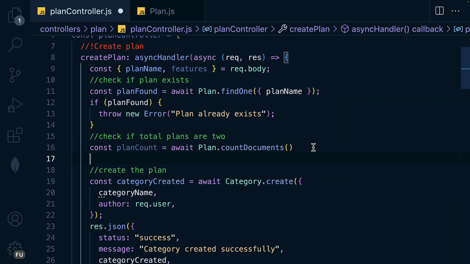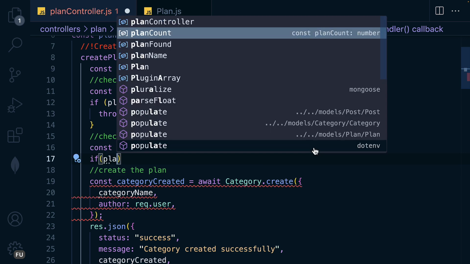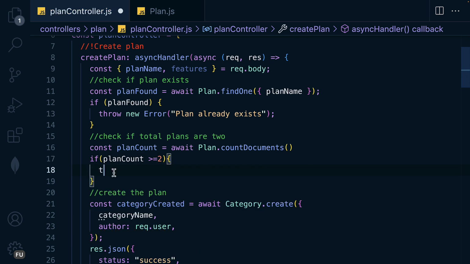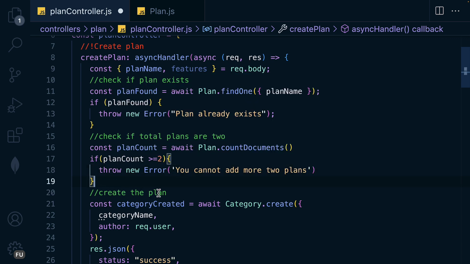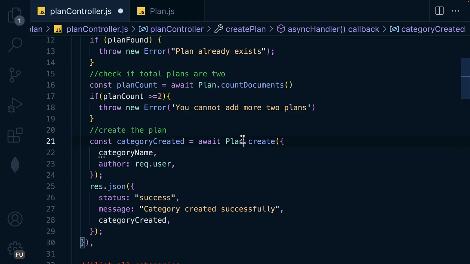So here we will say that if plan count is more than or equal to 2, it means that we will throw new error, else we are going to create the plan. So here as create the plan, and then change this one to plan,